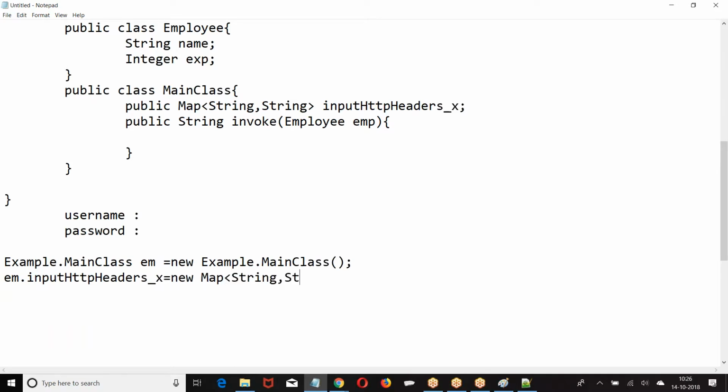It is a reference variable. First allocate the memory, then put em dot